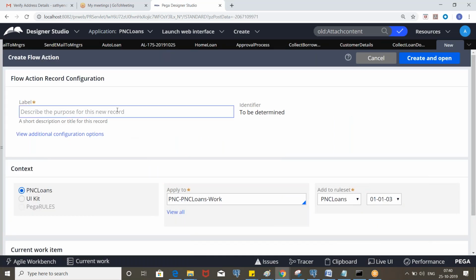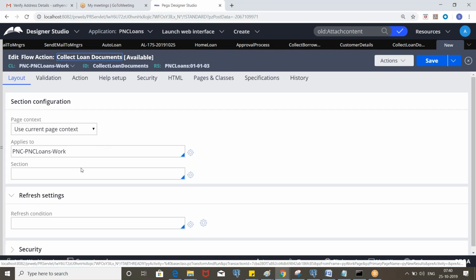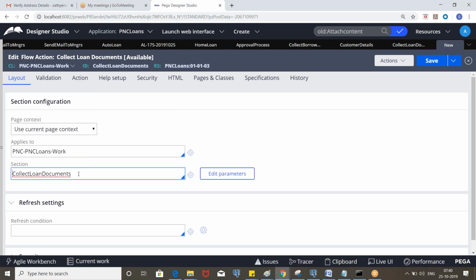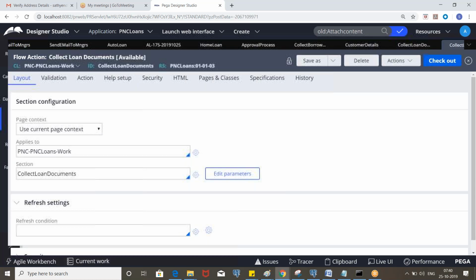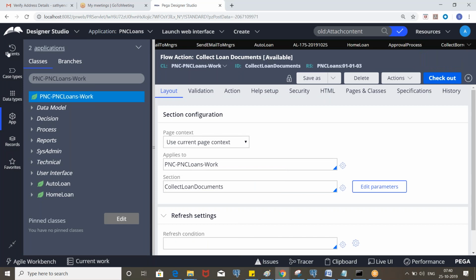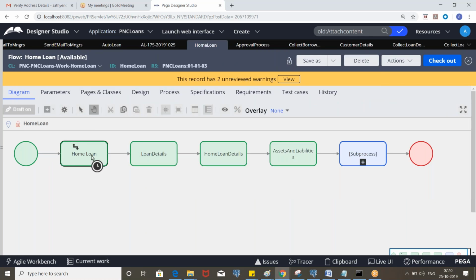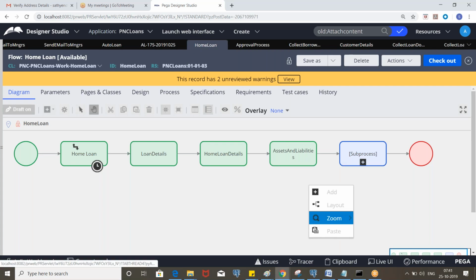Chaitanya, does it make sense? Yeah, so collect the loan documents and call the section. Okay, and include it in both the flows. Let's open home loan here, and I will add it somewhere after assets and liabilities.